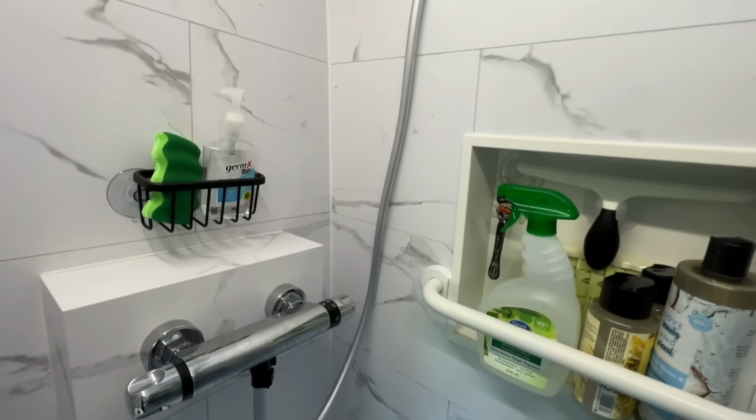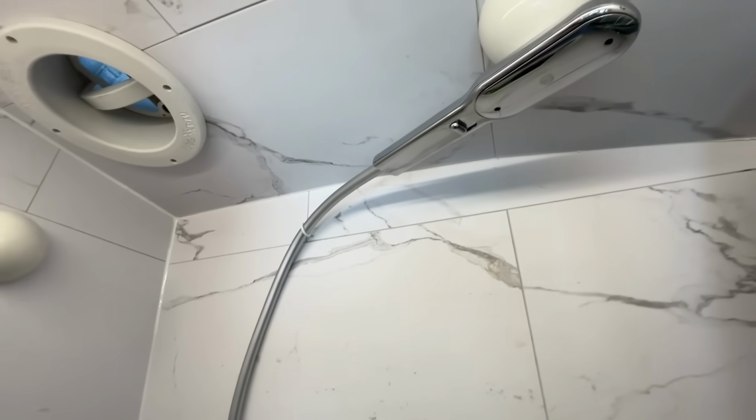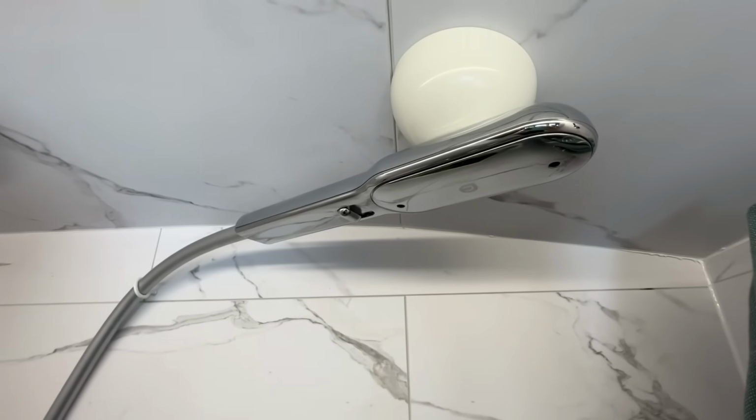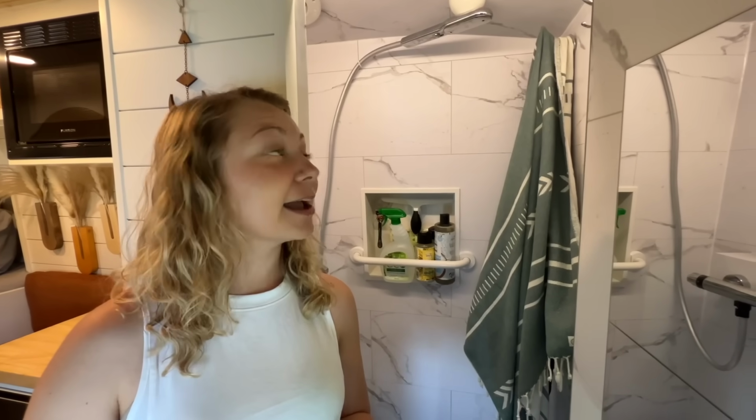It is a water-saving shower head. I had an Oxygenics one in the Airstream, and this uses so much less water. I have a 42-gallon freshwater tank and a 20-gallon gray water tank, and I barely ever have to fill up my water. I am thinking about doing a test and seeing how much water I use per shower,